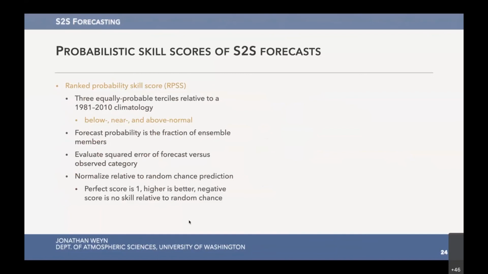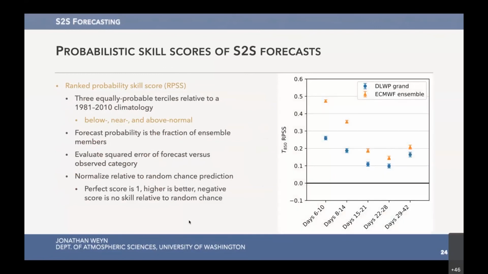So the result of this is that a perfect score is 1, a higher score is better, and a negative score means that there is no skill relative to random chance. So the minimum bar to clear is a score greater than 0. So this is the ranked probability skill score in T850 from both ensembles as a function of averaged lead times